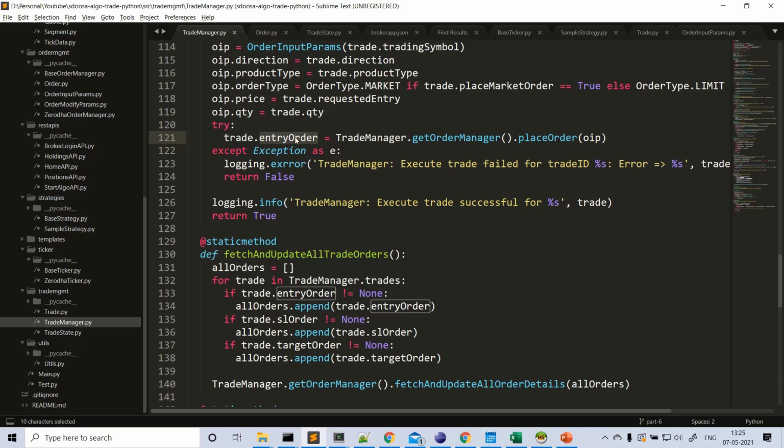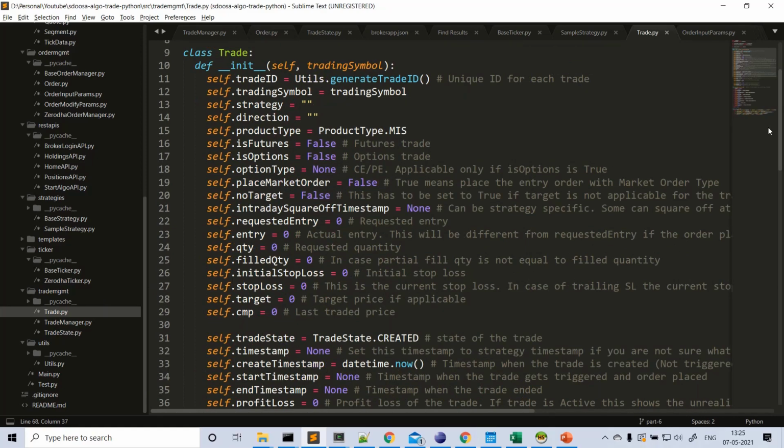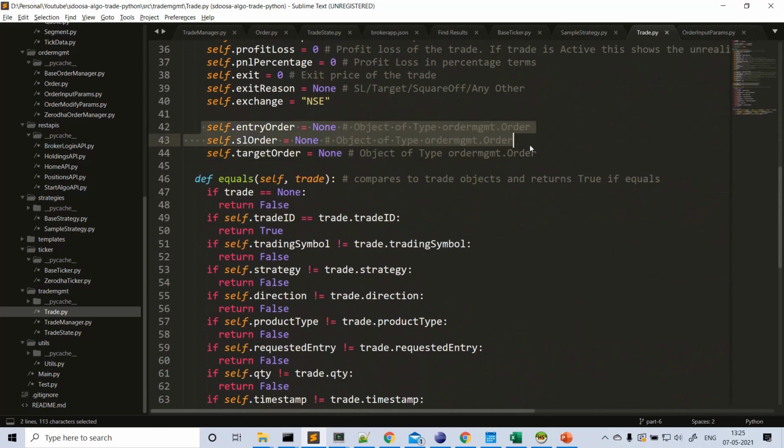And when you get the order object from here, what I'm doing is setting that particular order as the entry order. Now we placed the trade, and we got the entry order details with the order ID and other details. We set that to trade dot entry order. So what are the main things we are maintaining in each trade? Apart from all the properties I mentioned above, these are the key things. We set the entry order here so that you can track the entry order later, correct? And after placing the SL order, we have to set this object. After placing the target order, we have to set this field as well with the order details of the corresponding SL or target orders, correct? Those will come in the next session.